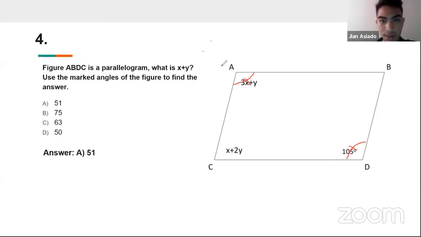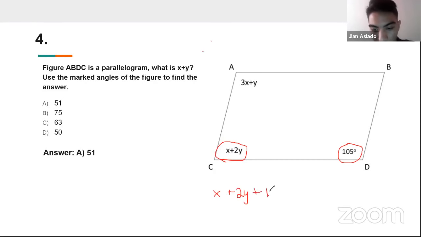Okay, and then with that, okay, pwede ding tapos papansin din natin, no? Ito, this one and this one, pag pinag-add siya, 2y plus 105, no? It's equal to 180, no? Yan, parang may line ka dito. Okay. So, with that,